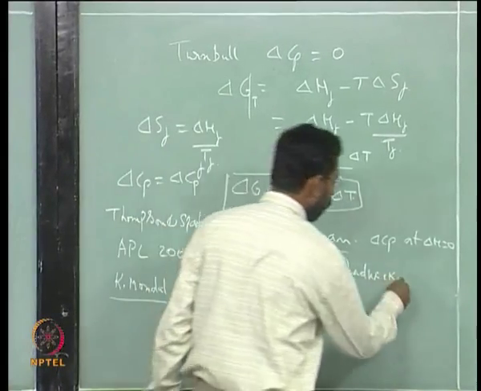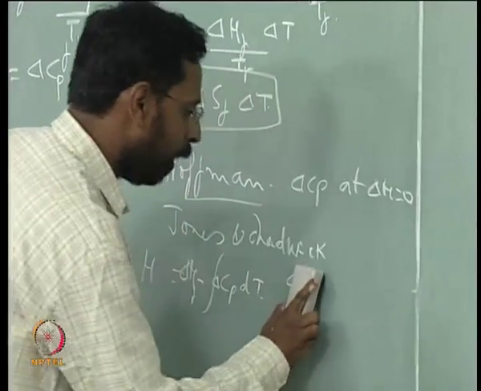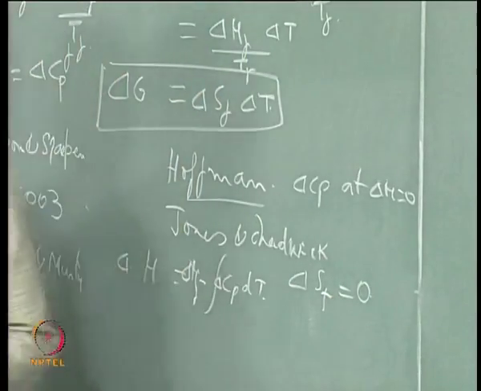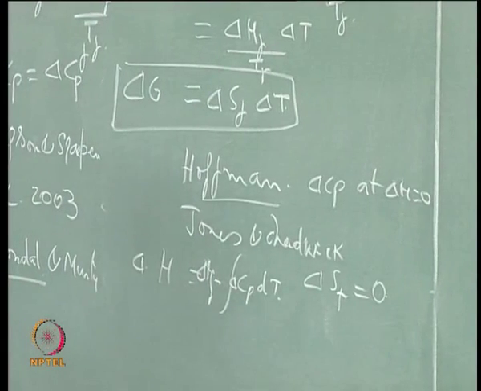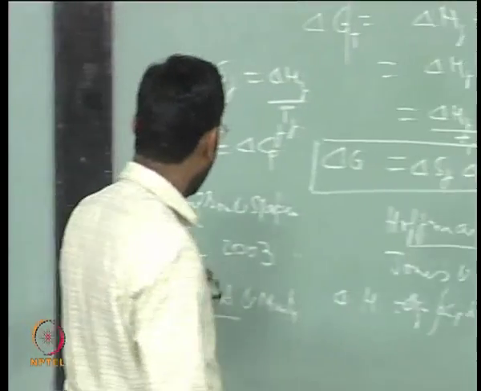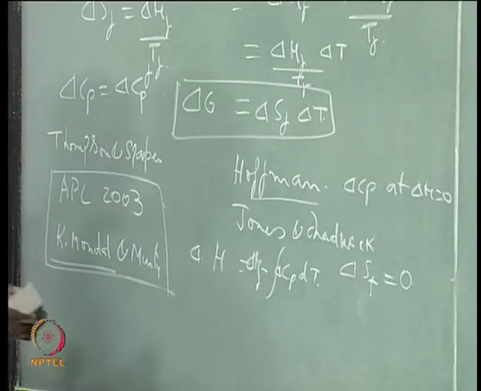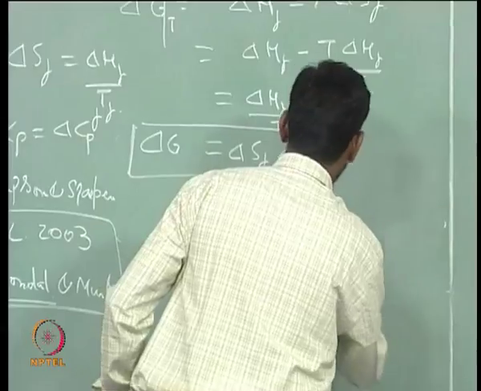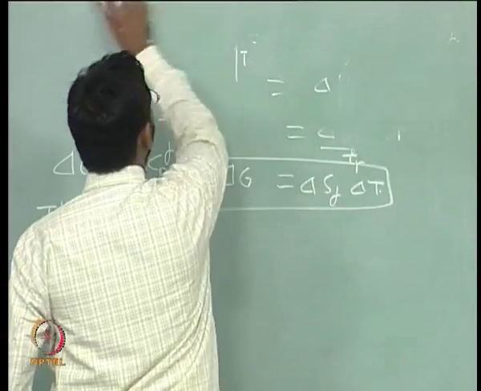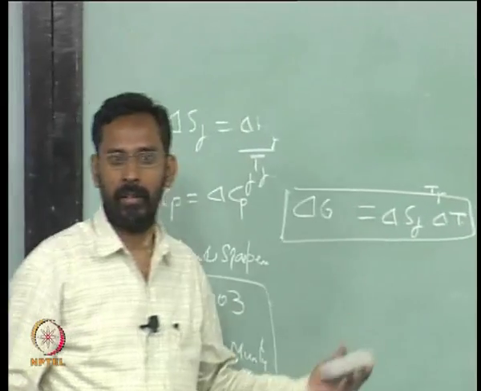And Jones and Chadwick said let us assume that delta Cp is that value where delta Sf goes to 0. This is another assumption, a variety of assumptions. I want you to go through these because there are a lot of derivations. I do not want to go into these derivations, but for those who are interested, if you read this paper you will know most of them. So this is one problem that all of us face when we talk about undercooling. We do not really know, and to a large extent everybody uses this because it is a very easy expression.